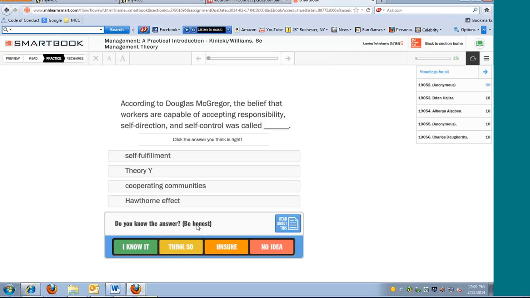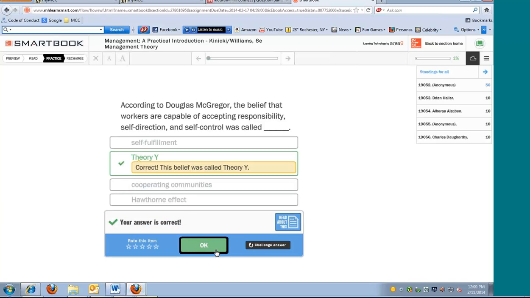And then here's, wow, this is great because it's giving me all the examples. Here's an example of a multiple choice question. So we got Douglas McGregor, and the workers are capable of accepting responsibility, self-direction, self-control. Let's say that I know this one, and so therefore I got this correct. So what's really nice about these first 3 questions is it sort of gave us the 3 most common examples